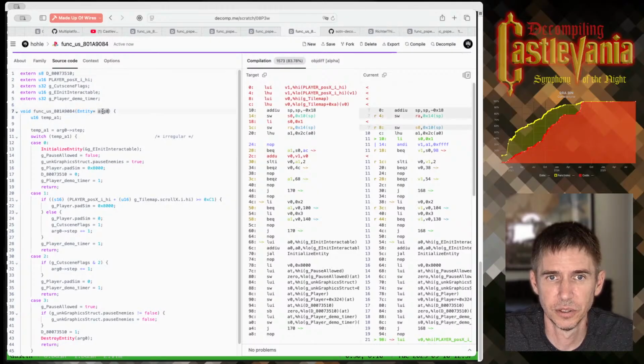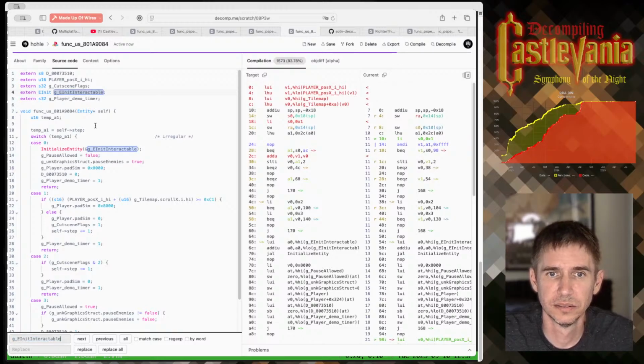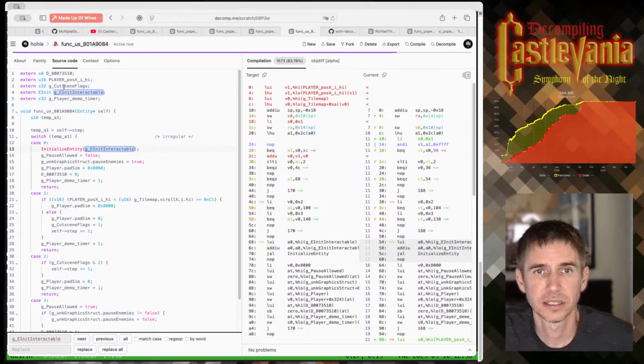All right, so M2C did figure out that this was an entity as the argument. I really should just put these common init structs into, or arrays into my context.